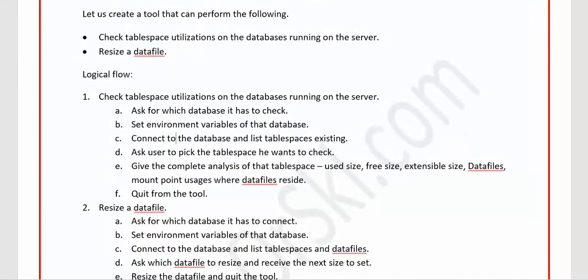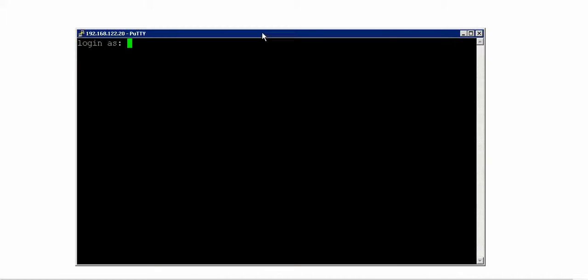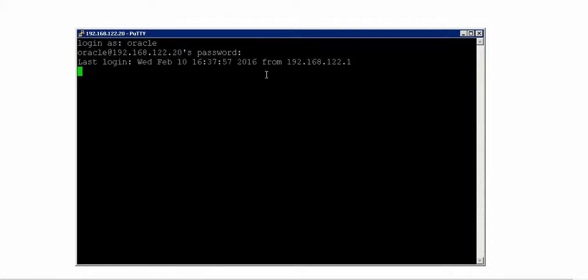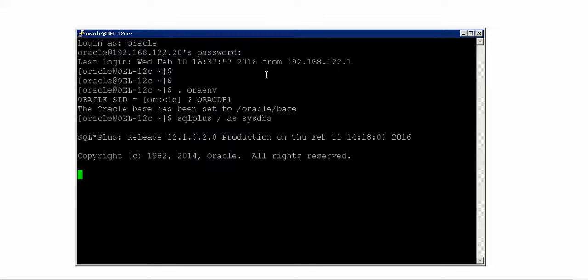Alright, so let me connect to my environment first. This is my setup where I have two databases available, so I have to bring up those two databases. Let me set the environment variables of the first database and then bring it up with sqlplus / as sysdba, and then I'll start it up, and I'll also be bringing up the second database with sqlplus / as sysdba, and then start up the second database as well.